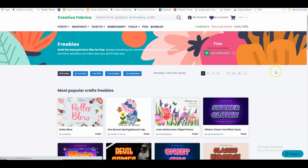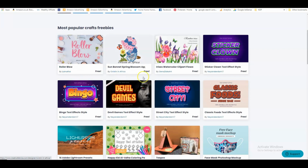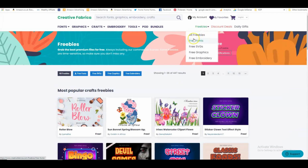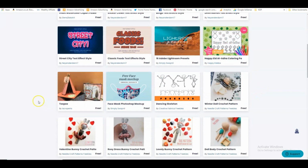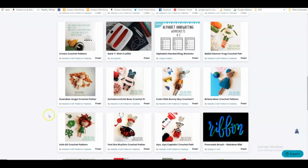You can click on those. Let's see what happens. So these are the freebies. So you've got a nice font here. You've got graphics, clip art. There are lots of things that you can find for free. And I think you can even filter it, like if you want free fonts or you want free graphics. Let's try the free graphics. So you've got nice iris watercolor clip art, you've got coloring pages,